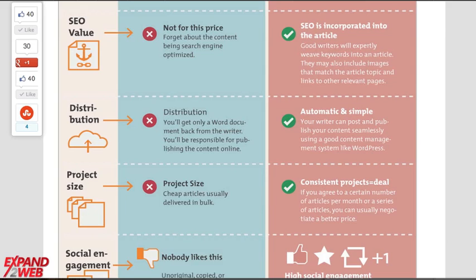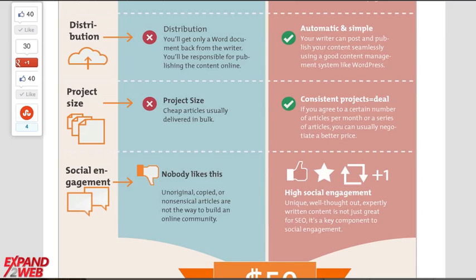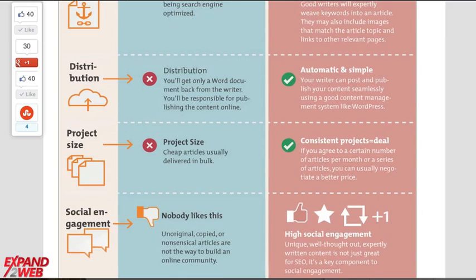So those are the kind of things that I look for. The last couple things I'd say here are the project size. One of the things that works with copywriters is if you say, hey, I need X number of articles a month, I want 4 articles a month, or I want a couple articles a week, then they'll give you a better price because they understand that you're going to be coming back to them, and they have a consistent flow of work, and so they'll give you better prices for that.